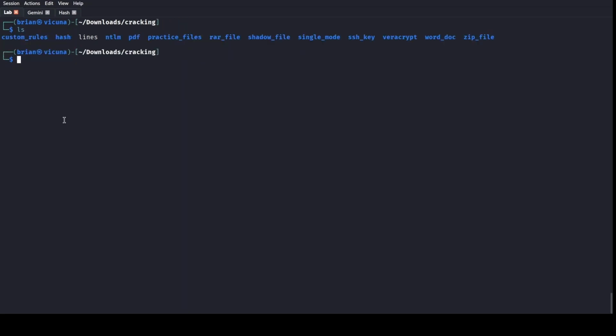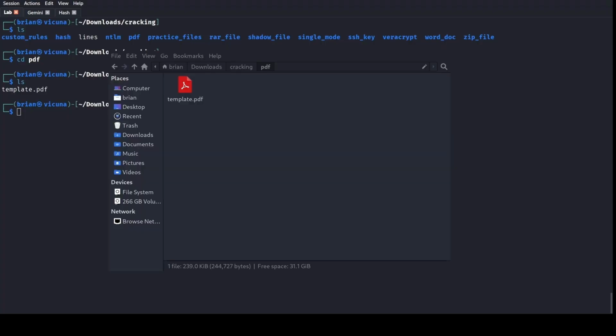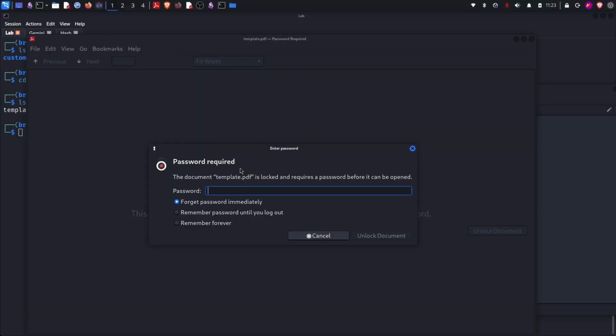The next thing we are going to look at is how to crack the passwords of encrypted PDF files. So I have a folder that contains an encrypted PDF file. You can see template.pdf. If I try to open that particular file, you can see it's asking for a password. So we want to see if we can crack our way and obtain this particular password